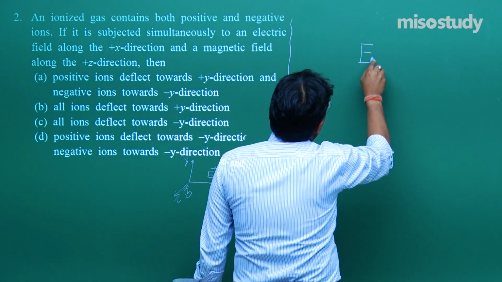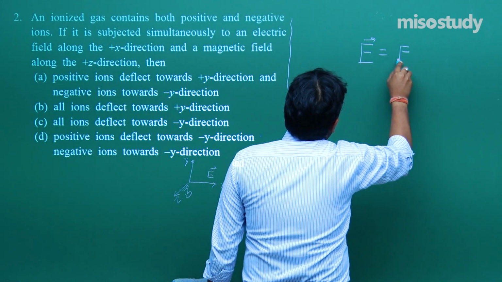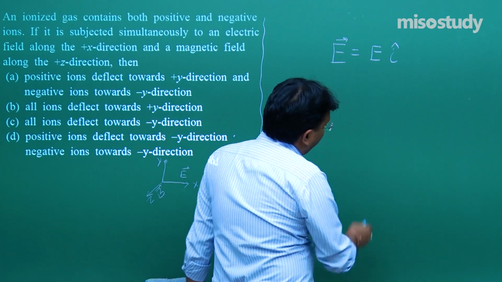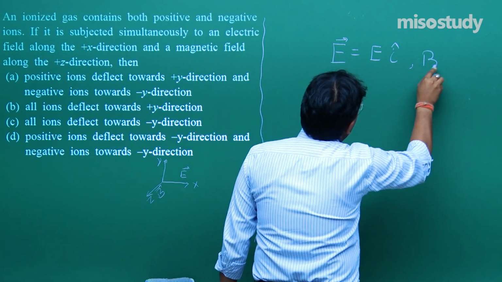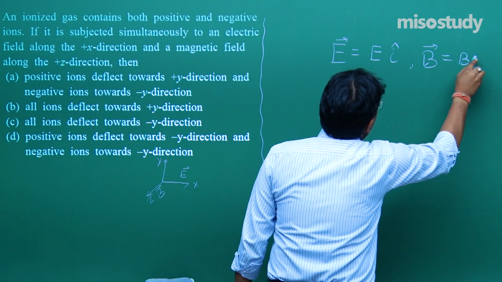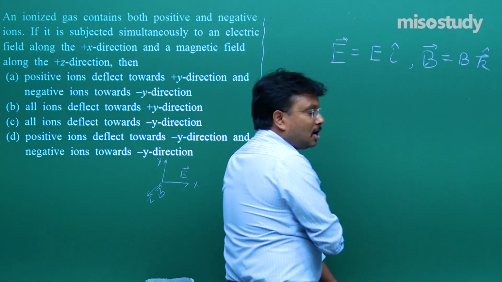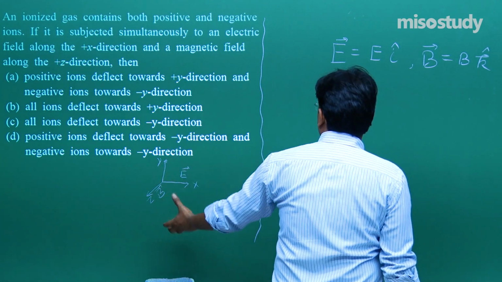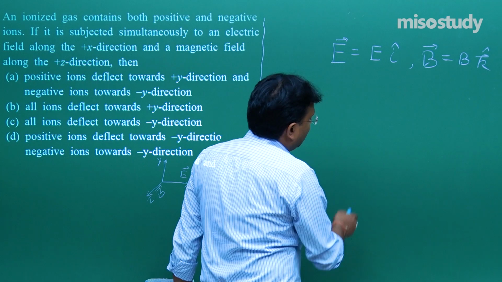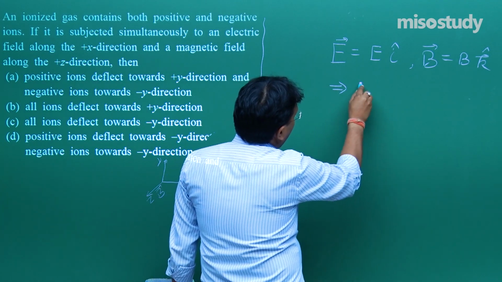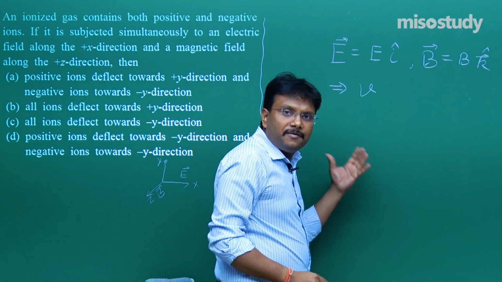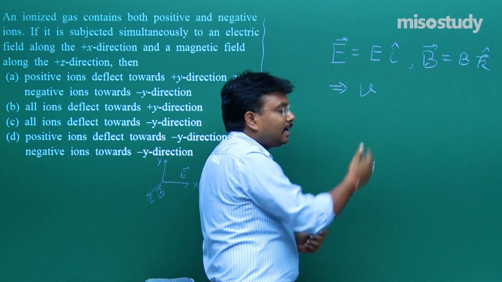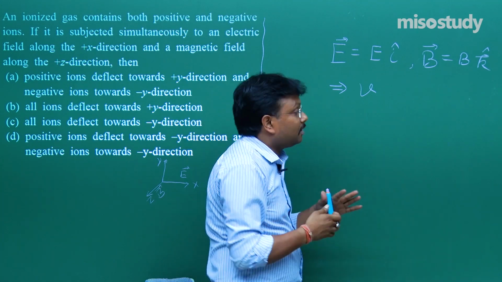So, if I am writing E is equal to E i, everyone will accept it, no problem. And if I am writing B is equal to B k, you will say no problem. So, here it is the mathematical representation and here it is the diagrammatic graphical representation. Now, what can we say about velocity, because in the previous problem I explained the relation. So, I thought here I have the liberty to write down certain steps directly.